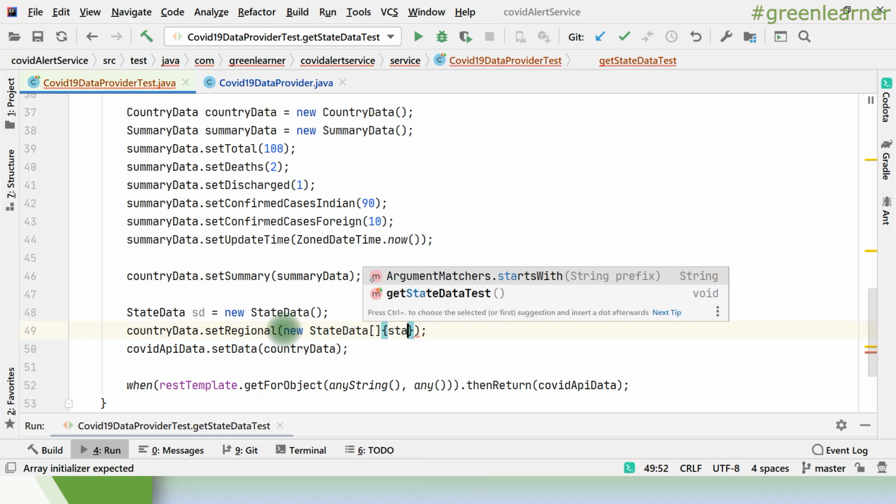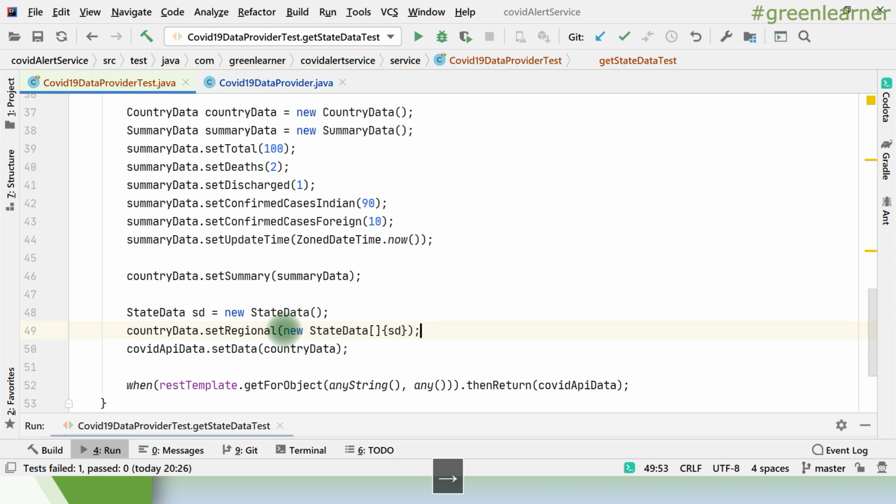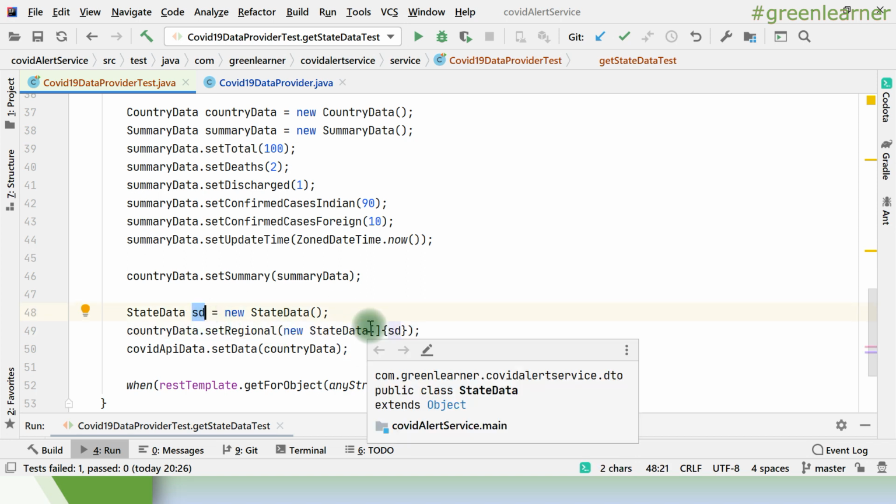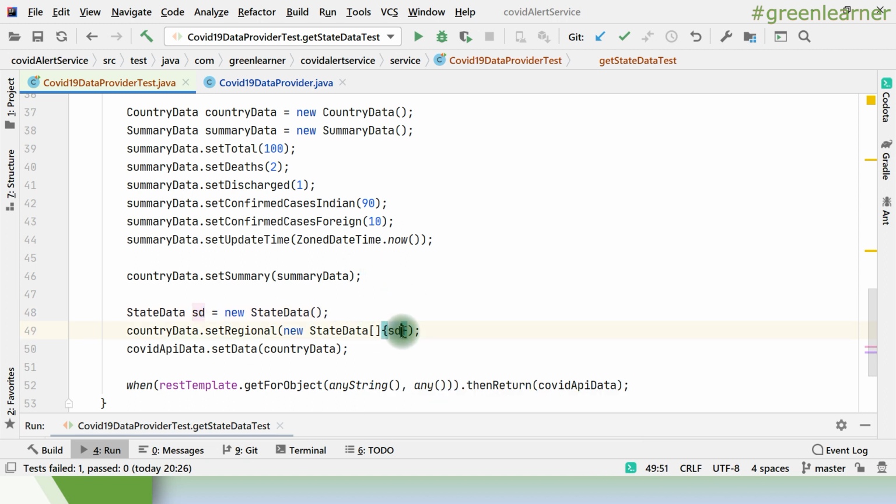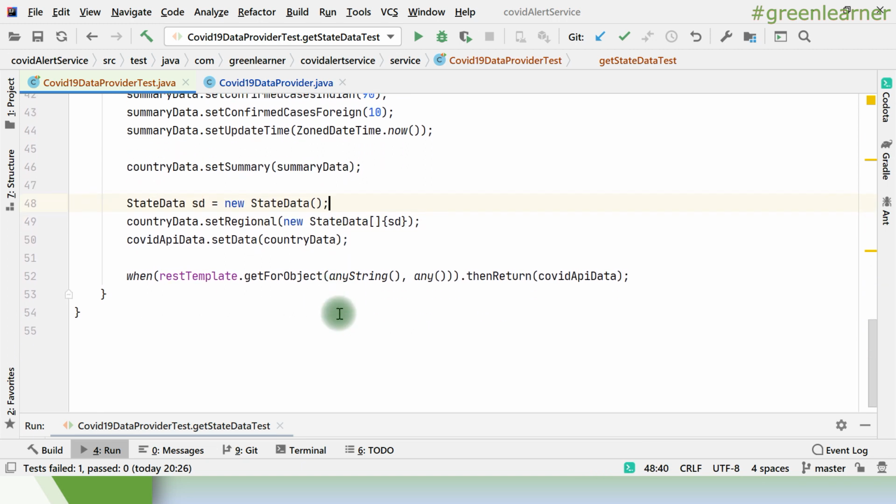So I'm just passing SD, right? For now, under this array only one state data is there, because for comparison I need only one, right? It's not a point of putting all the data, right? That's a part of streaming.